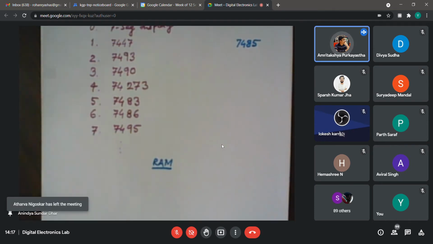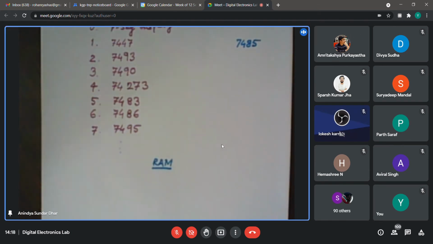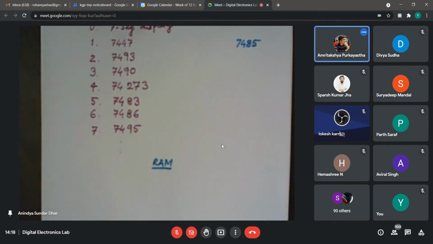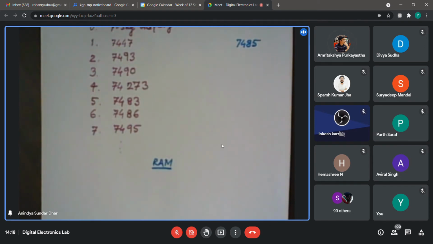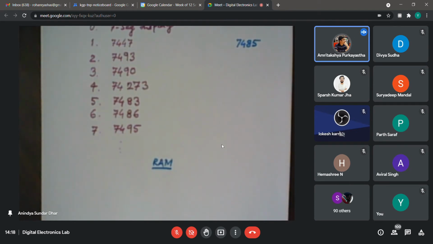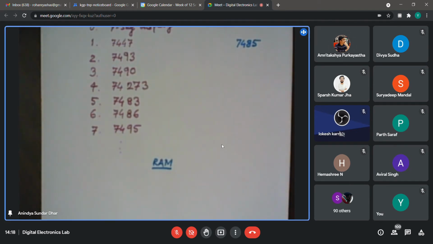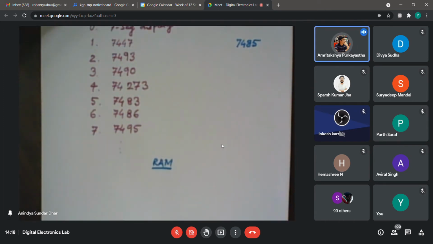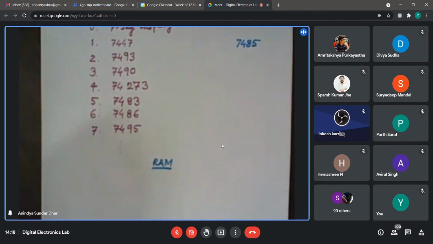Once you have stored data in a ROM, you cannot change it, generally speaking. The users cannot change or alter it. And RAM, I can alter it, right? Yes, the users can alter it. And something more: there is something called a PROM, a programmable ROM. You can change it, but the users can't; it is done by someone who is programming it. But RAM is completely volatile. If you switch off the power, unlike ROM and PROM, it cannot store the data. Once you switch off the power, it forgets everything.